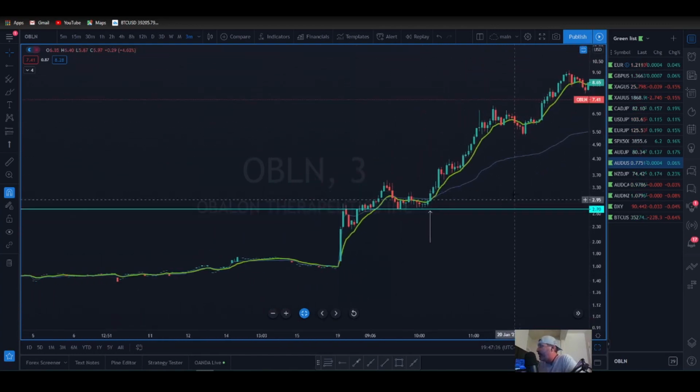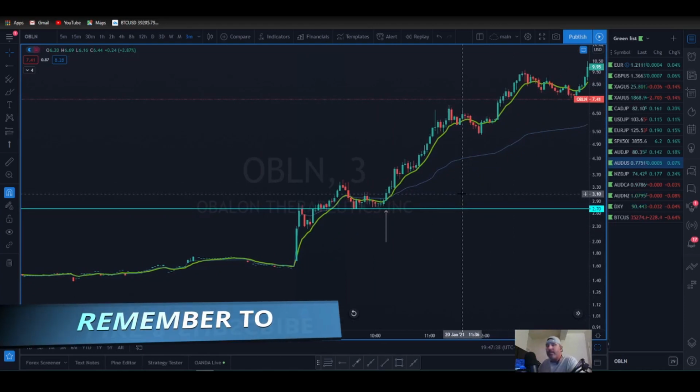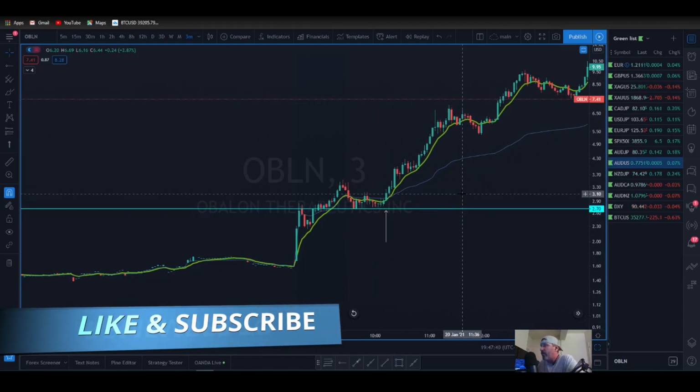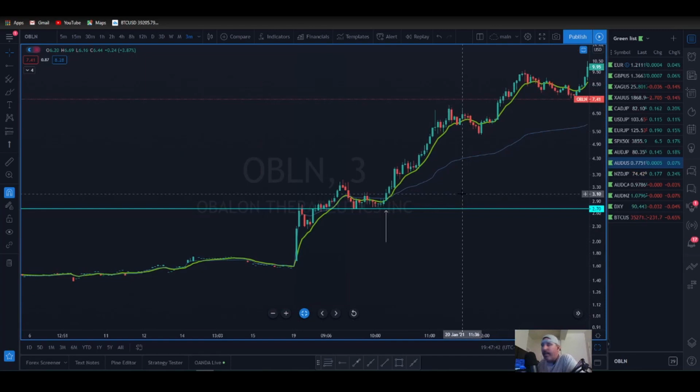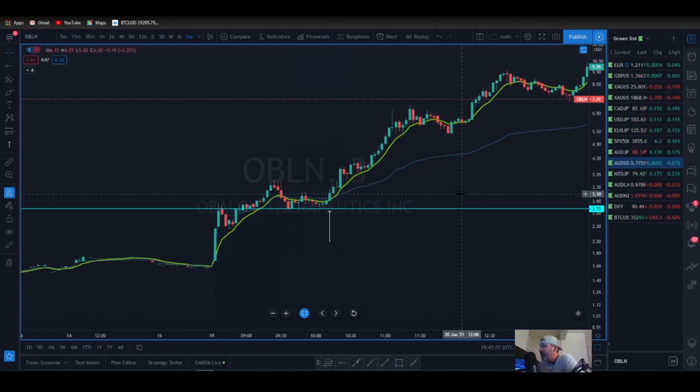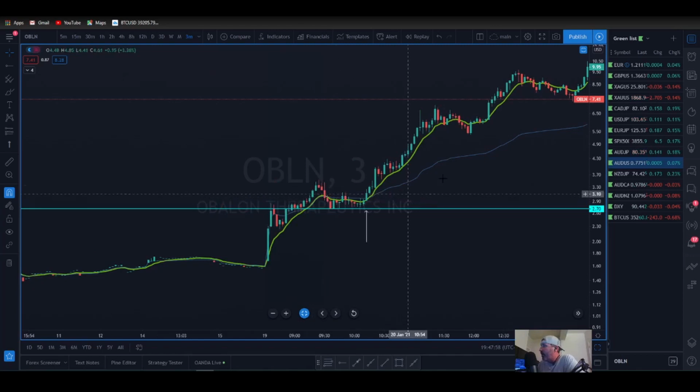I have to say that this does not always happen, guys, but this is what I look for on these low float small cap penny stocks. This is a very, very, very risky style of trading. Obviously, I don't have to tell you that, being low float, low cap stocks, but this was an awesome setup. It worked out beautifully, and I can't be more happy. When I trade these things, I don't trade them the same way that I trade